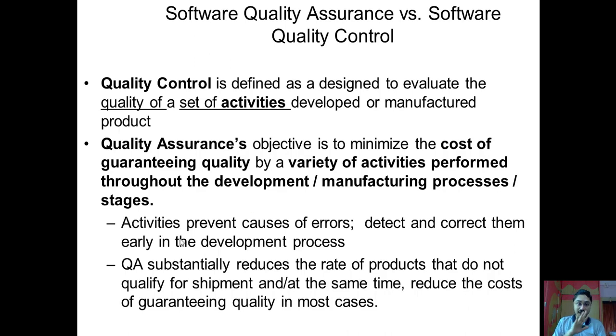Here we are trying to prevent the causes of errors, or detect and correct them early in the development process. If we understand that most of the students are failing or remaining jobless, then ultimately we have to work on the process part. That comes under the quality assurance part. So quality assurance has to work upon the process because the outcome is not good or most of the outcome is bad. Hope this concept is now clear to each one of you.